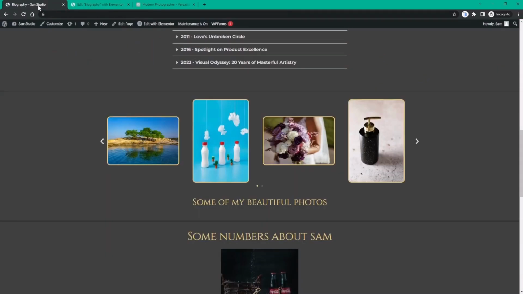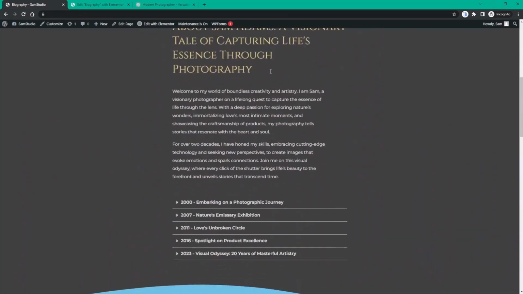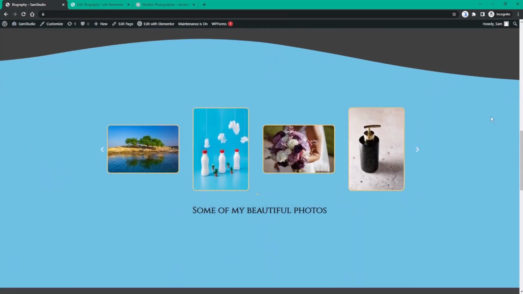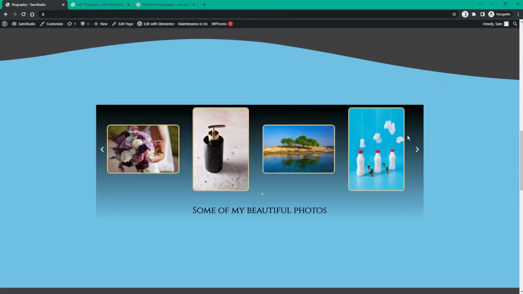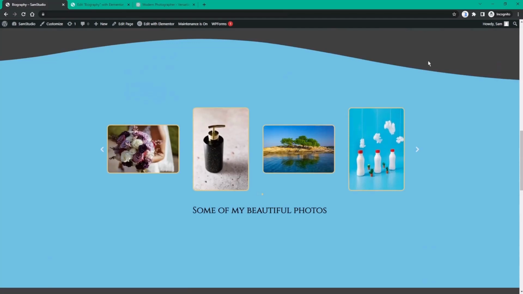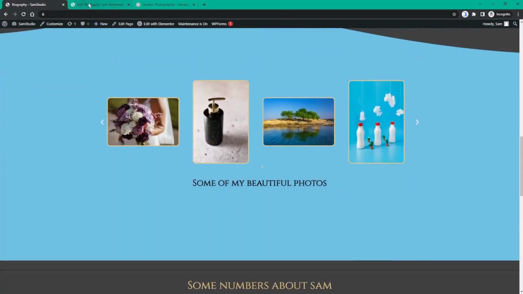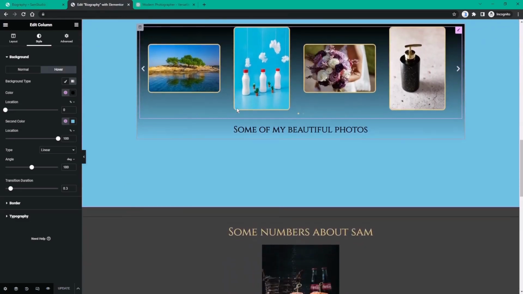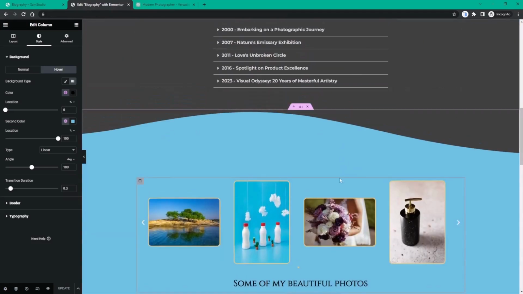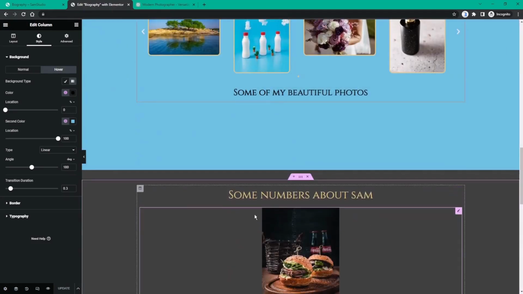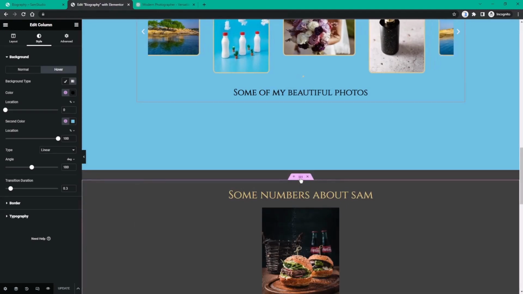Let's go back to our biography section and click on Refresh. Now you see our biography page has a nice shape divider like so, where you can change colors as much as you like. Okay, and now we get back to the bottom of this page. Let's go back to Elementor. And I want to do the inverse here, where we have a cloud, we have a wave that's going to go back into gray. And for that, we're going to need to edit